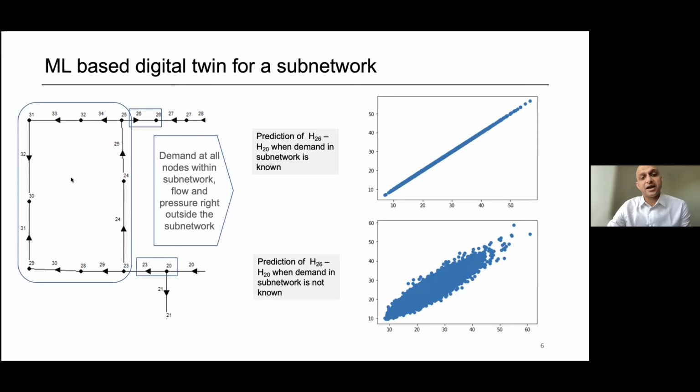Can I still learn the pressure drop between, say, node 26 and node 20, given the flows in the vicinity? Here I've taken flow 23 and 26 is known. Again, we realize that if we know how much water is being taken out, which is the demand information,